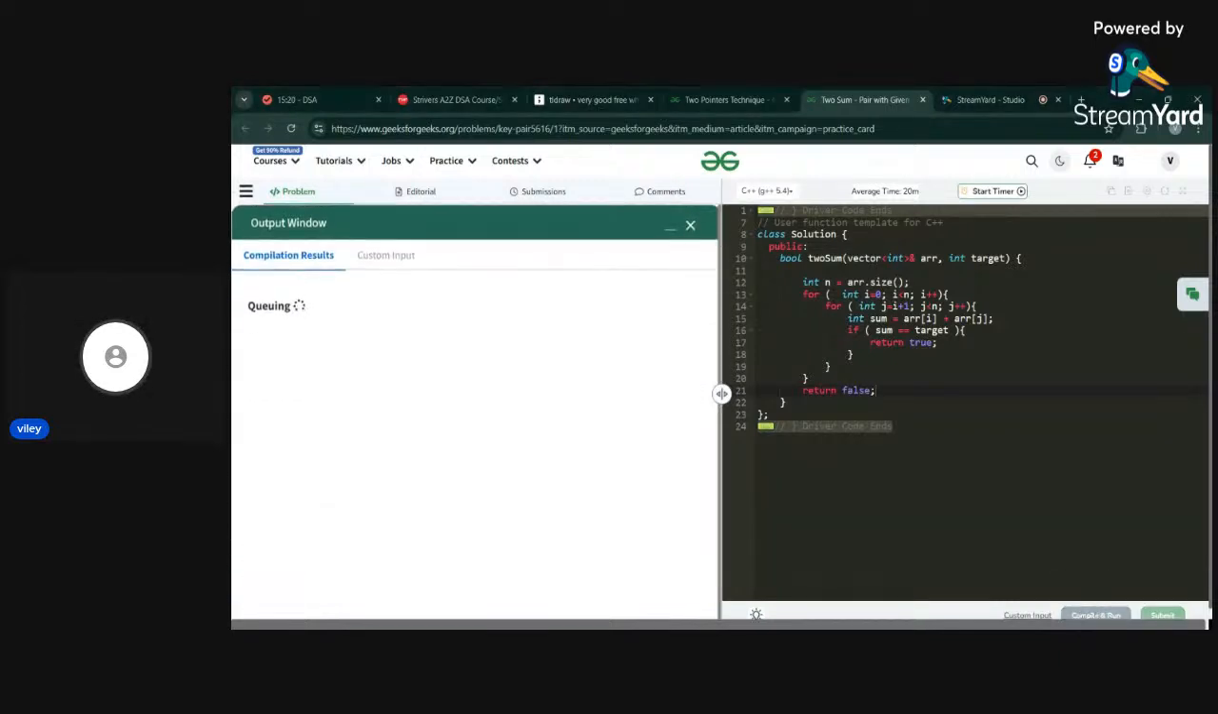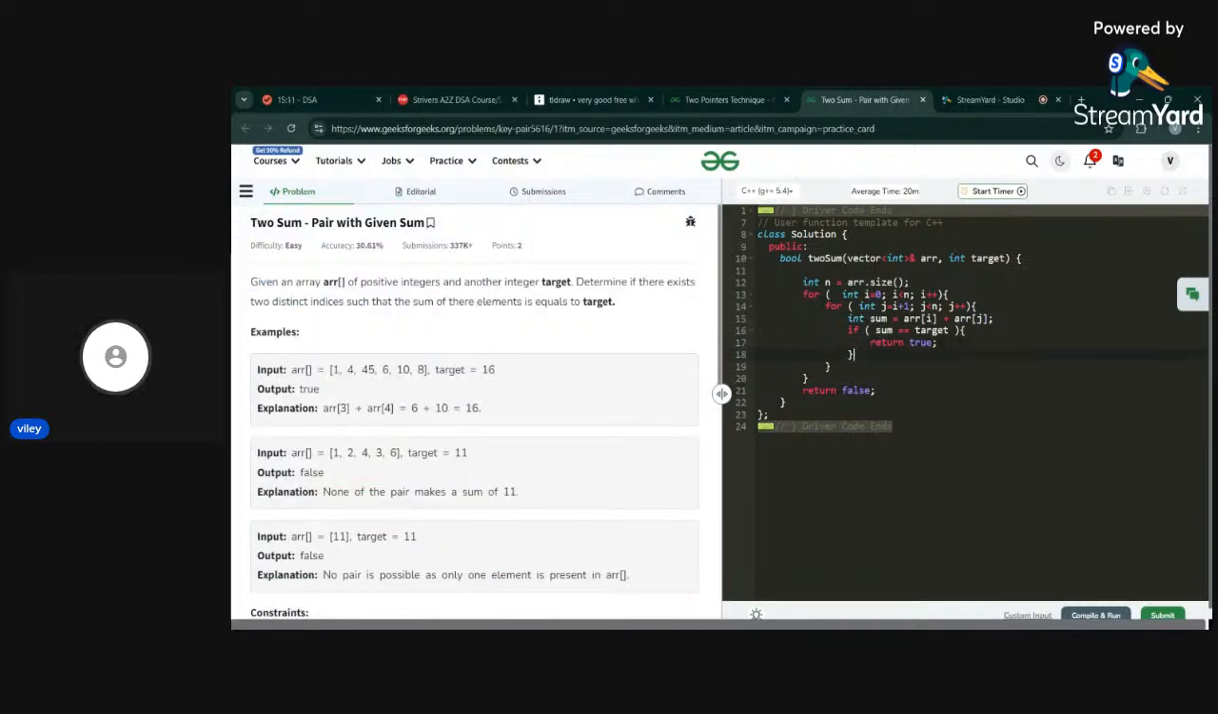And you can see that if we try to run this, it works perfectly. What I'll do is I'll also print the values that are giving us the answer. If it is true, I'll also print the answers. So I'll just create a vector of integer answer, and I'll simply say answer dot push_back. If the sum is equal to the target, answer dot push_back array of i, and answer dot